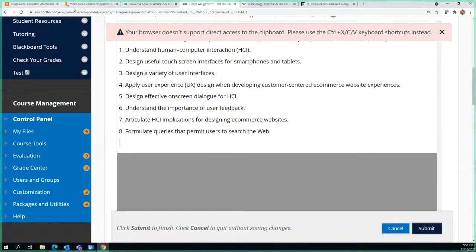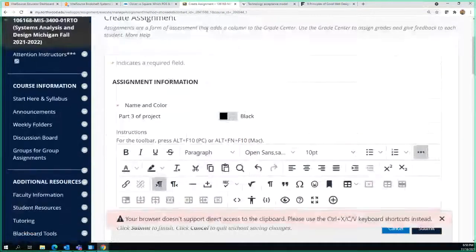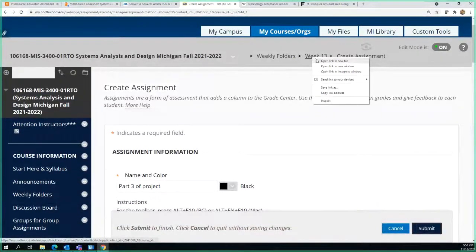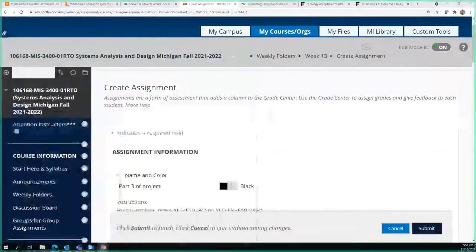So on a different screen, I am going to right click, open a new tab, move it over. I am going to add a web link. Now, here's the thing. Even though these are web design principles, understand something.